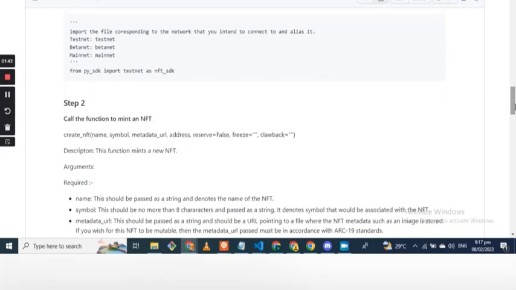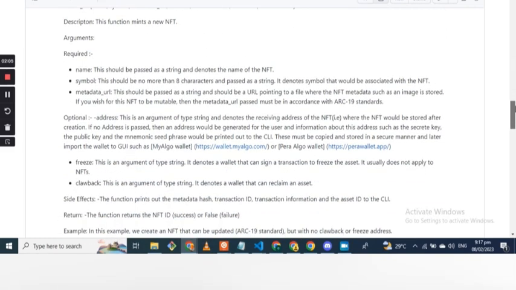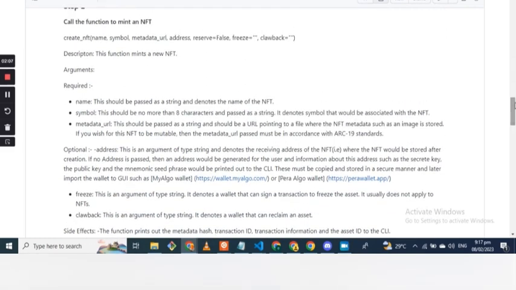Next, they'll have to import the file corresponding to the network that they intend to connect to and possibly alias it if they want. So in this case, in my project that I want to use the SDK, I'll just import the testnet file as NFT SDK, and then you can simply call the function to create an NFT. Now, to call the function,